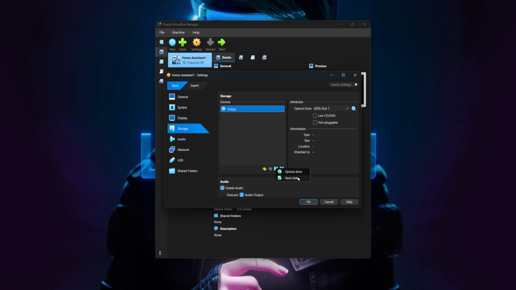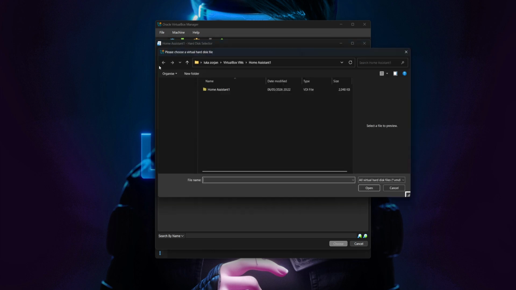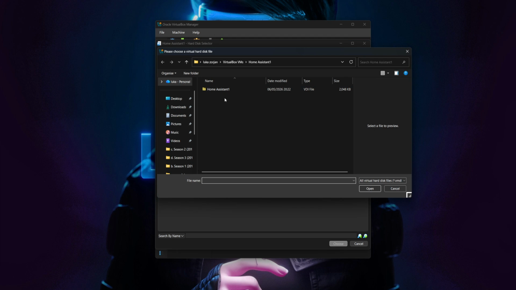Click on it and select hard disk, as you can see, like that. Okay. Now in this window that pops up, select the add button at the top, so right here. And now what we need to do is find basically